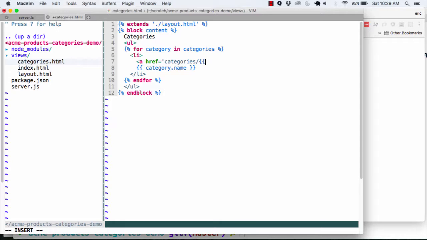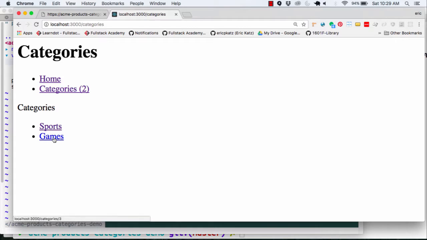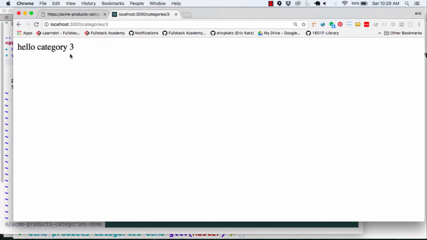and right in here, and it's very important to also notice that this Swig is happening on the server. What ends up getting returned to the client, you're not going to see those braces. You're going to get just regular HTML, and here we could say category.id. And that page actually will work, but it won't give us the data that we want because we created that page before. So if we go back here, now these are clickable, and we go back to this page,